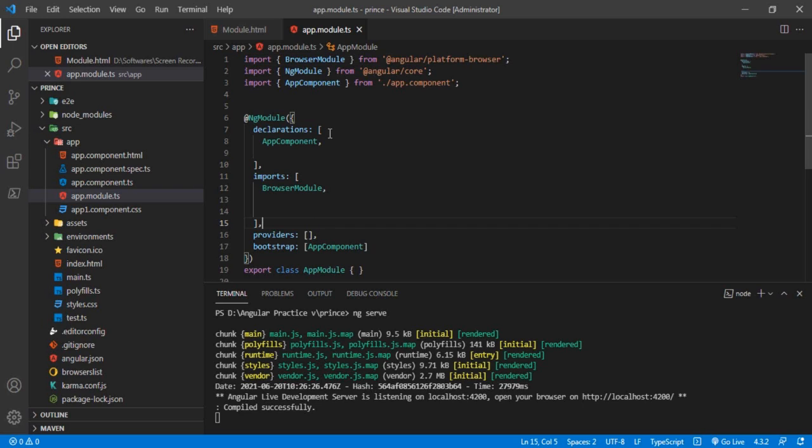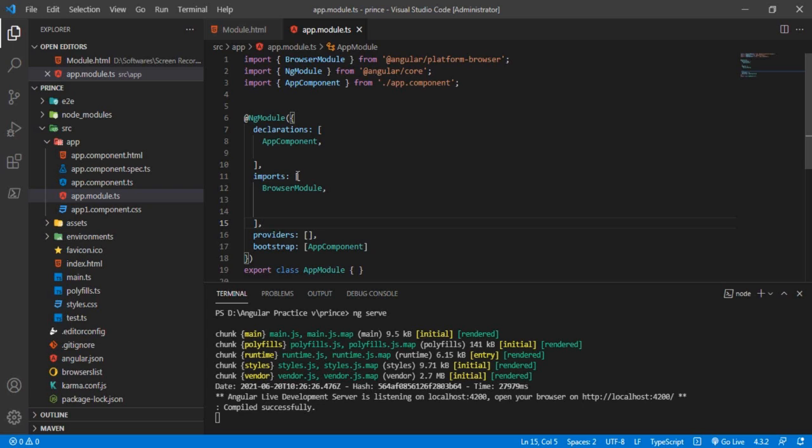Inside this, to identify a module, we are using the @NgModule decorator. Inside this there is some metadata like declarations, imports, providers, and bootstrap. Declarations is a property in which we define the components present inside the Angular project, or we can say we can register components, pipes, and directives inside this declarations.